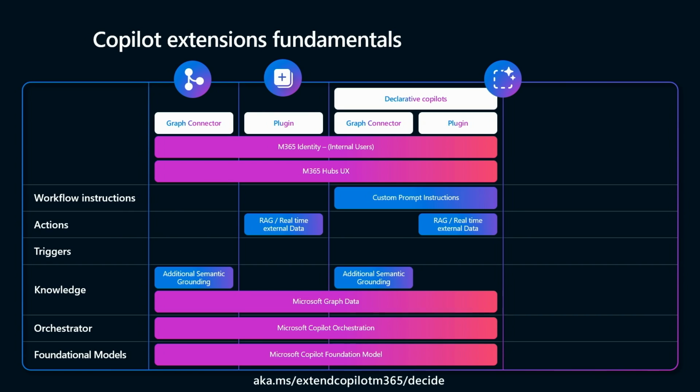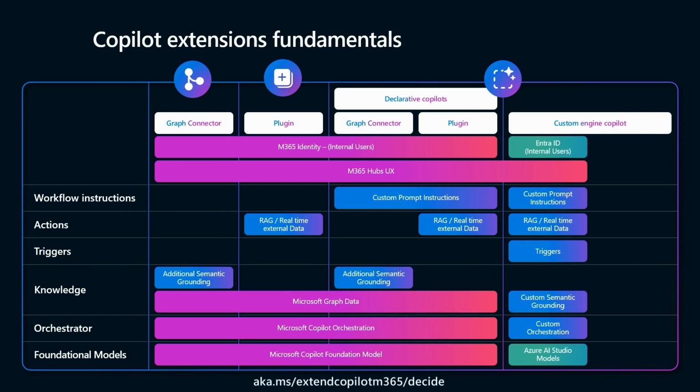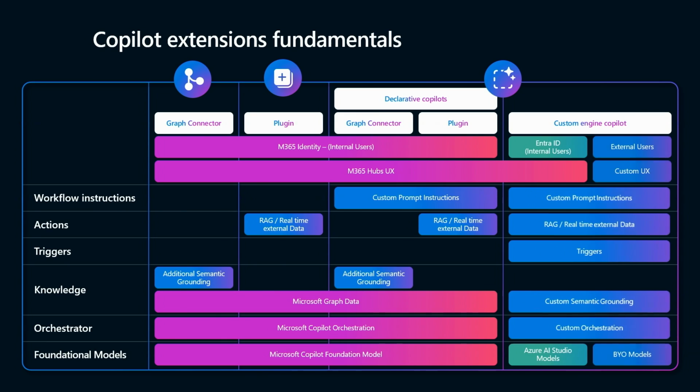But we know from talking to customers for the last 2 years on this stuff that you're also investigating your own AI platforms. And you've asked for the ability to bring those AI platforms within our experiences alongside what we offer on top of our own stack. And so in this case, with what we call custom engine copilots, you have the ability to essentially BYO. And the benefit of this notion of bring your own is that not only can you be part of our user experience, you can also be part of your own user experience with the same AI platform.